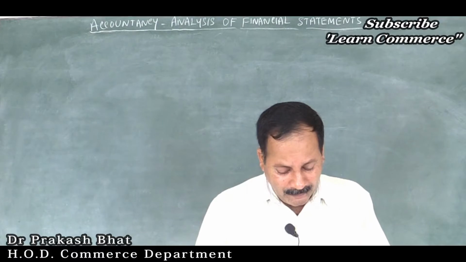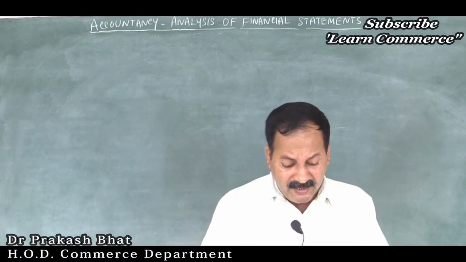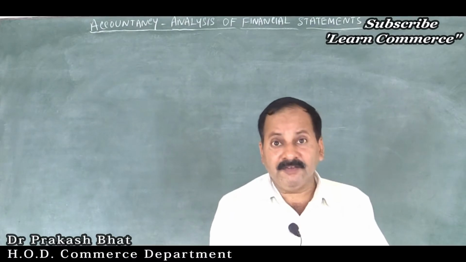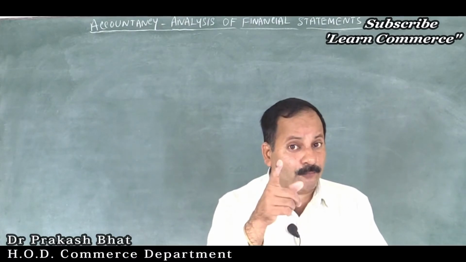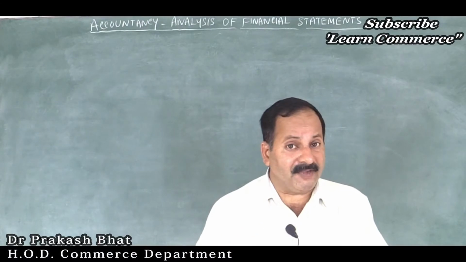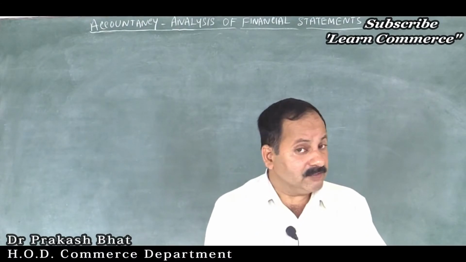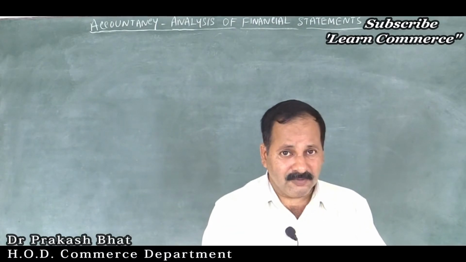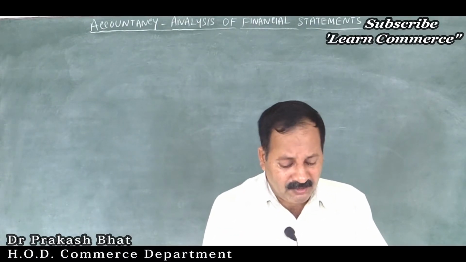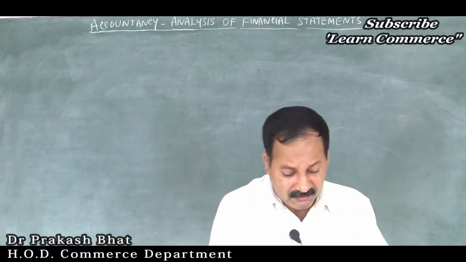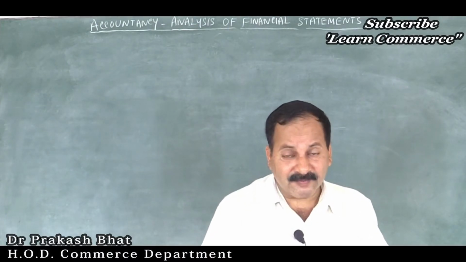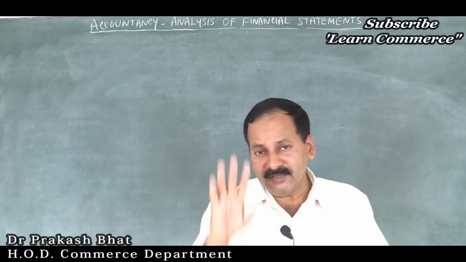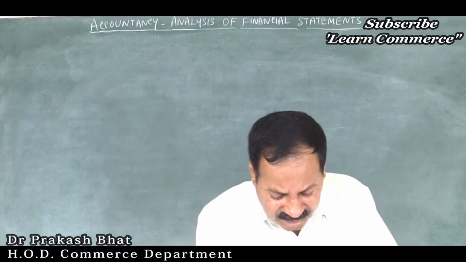Remember friends, they may give some items of balance sheet sometimes in this. Then you should be very careful that balance sheet items should not be taken in the statement of profit and loss. That is also there. It depends on the question paper setter. Without having any reason, he may include plant and machinery, or land and buildings. One or two items may be added. Then don't take it here. If you take this, then you will be in trouble.